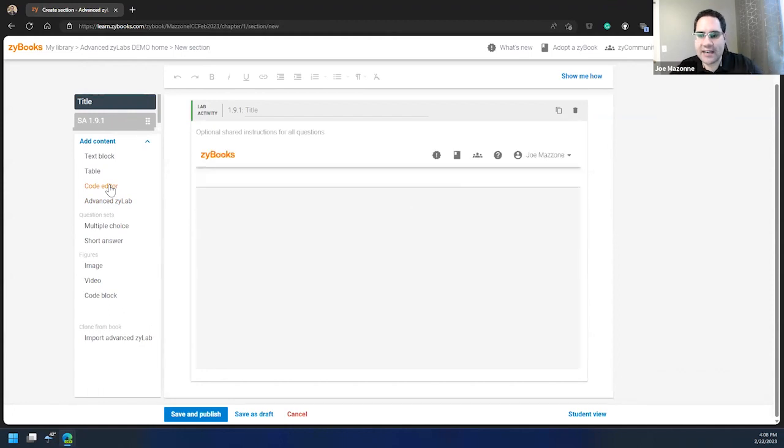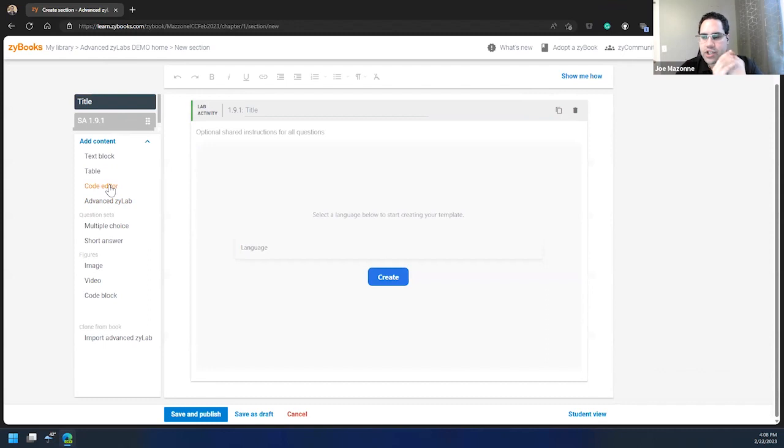Once you click to add an advanced zyLab, it's going to generate a resource for this advanced zyLab. And it loads our Coding Rooms IDE right in the zybook. What you see at first, as the instructor creating a lab, is a language selector. And we have a number of different configurations on the IDE that let you use different setups. You can see here from C to C++ to C#,